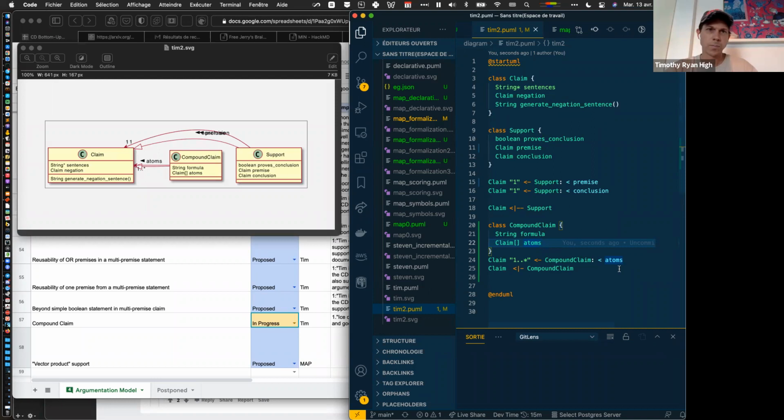Sure. Because the formula has to be parsed, which I agree is a nuisance. By the way, I even agree with that. Yeah, and language, as we know, has ambiguities that don't match formulas. It would have to be a formalized language of some sort. You have to formalize it in some way. No, absolutely. I would even say I'd have the notion of a logic system and say this compound claim uses this logic system, and so this is the parser you have to use to parse this formula, because this is the parser for this formalization of this logic system.